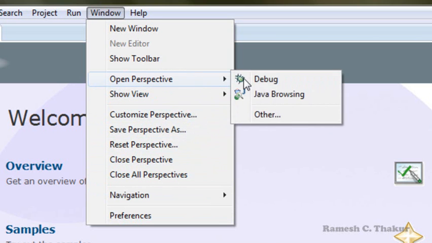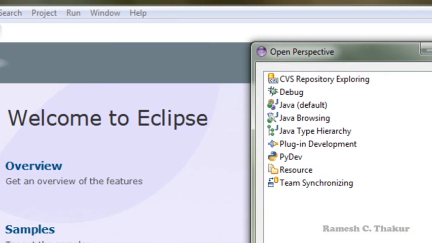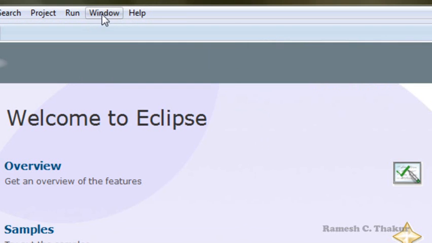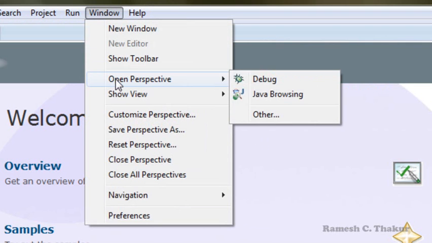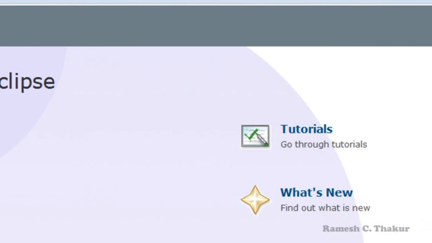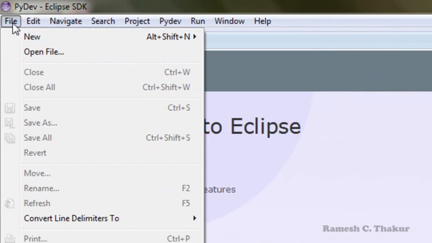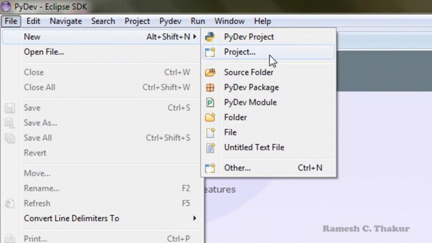Open perspective, Other. Windows, Open Perspective, and here we have Other, and from the available options select PyDev. Now you see that when we click File, New and PyDev project, all options related to PyDev are